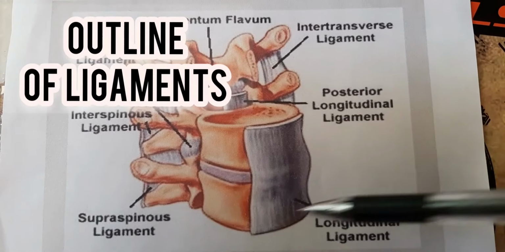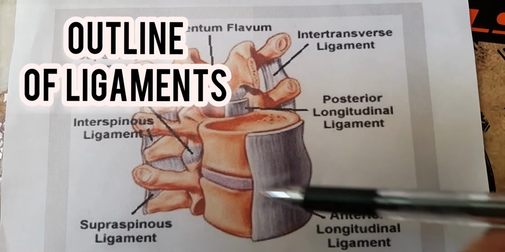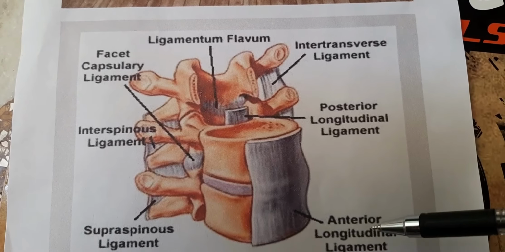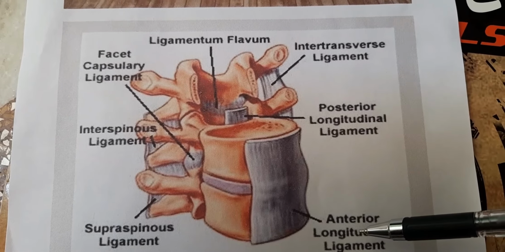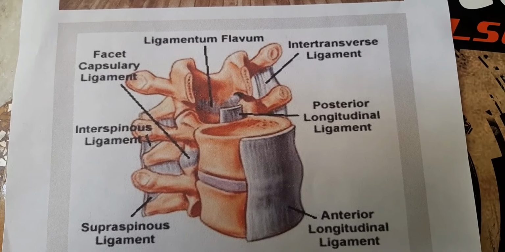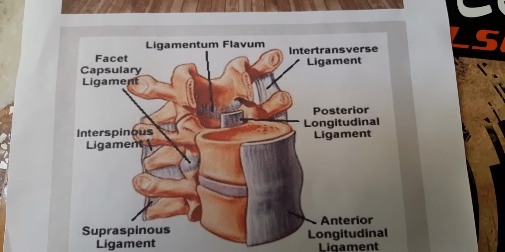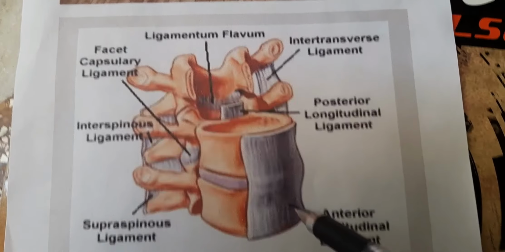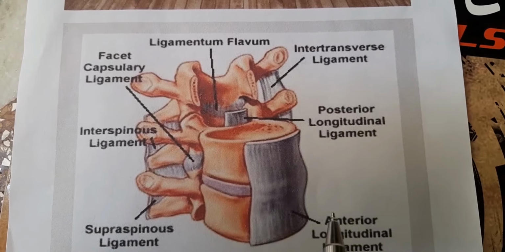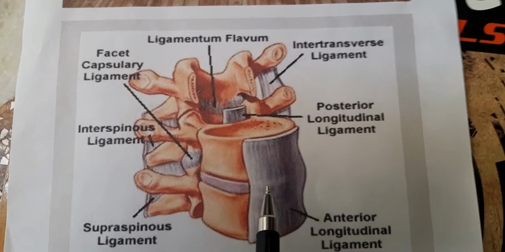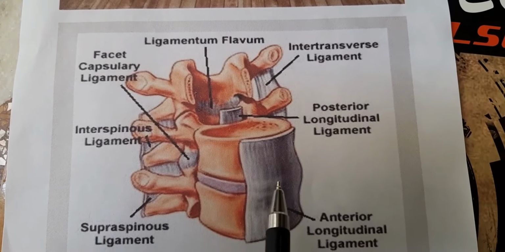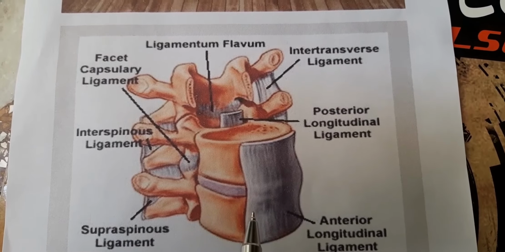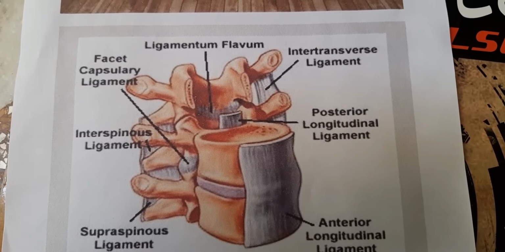Now we will talk about a basic introduction of all these ligaments. The anterior longitudinal ligament is well developed in the lordotic sections. Remember the lordotic curve which I told you about in the beginning, in the cervical and lumbar regions. It is well developed over there. Also, the tensile strength of the ligament is greatest at the high cervical, low thoracic and lumbar regions, with the greatest strength in the lumbar region, because as we know the lumbar region is the most weight-bearing site.